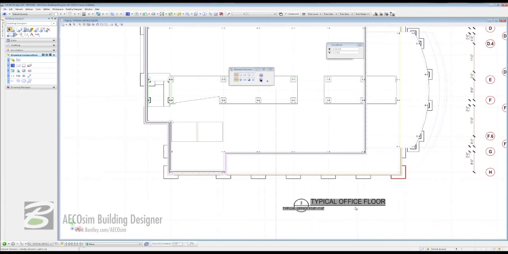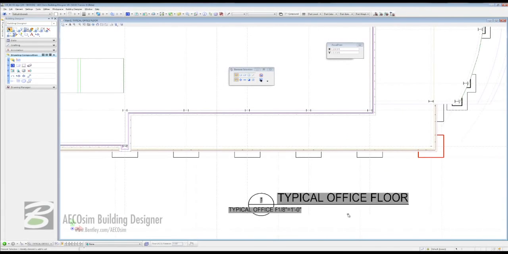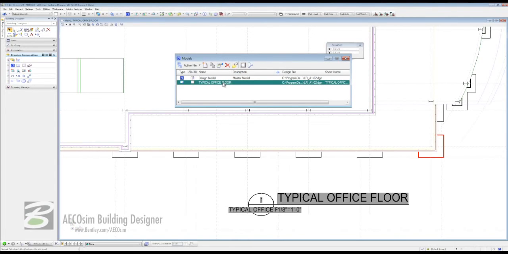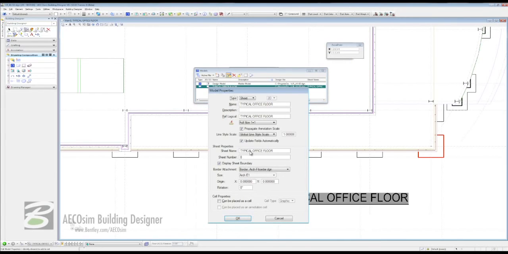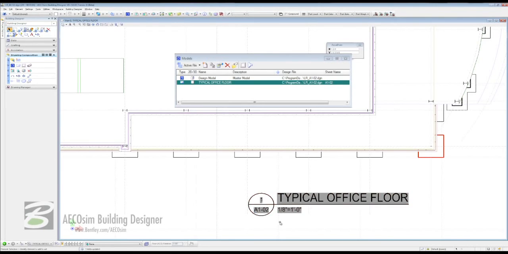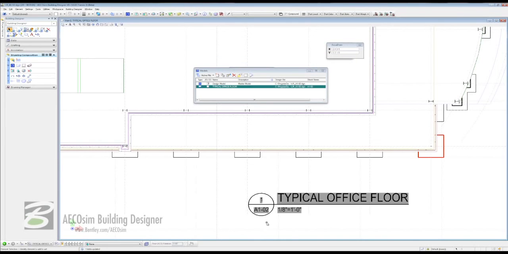Let's zoom in here on the title of that plan, because it may not actually be to the actual project standards. And the way we can change that very easily is just come back up to your primary toolbar, click on Models, and in Models, highlight Typical Office Floor and go to the Edit Model Properties. Those properties open, and you can see in the sheet properties, the sheet name is Typical Office Floor. We're going to highlight that and replace that instead with proper nomenclature of A102. And we're going to click OK. And you can see straight away we have that reflected in the actual drawing title itself. If we now zoom back out of here,